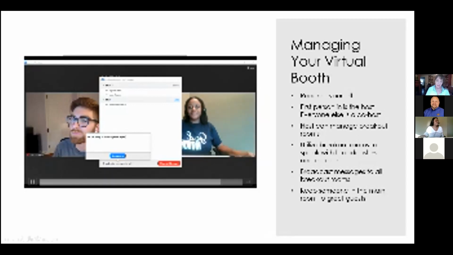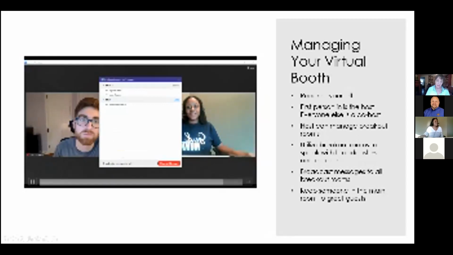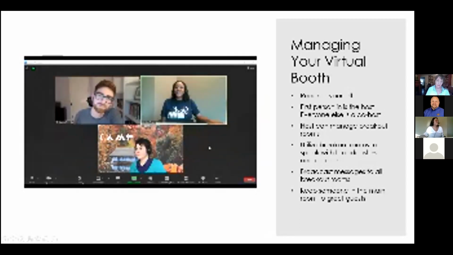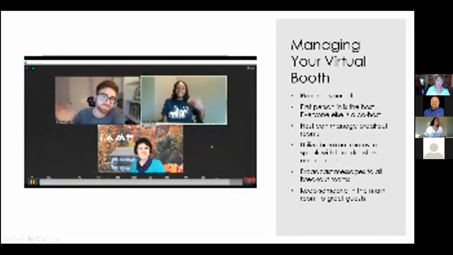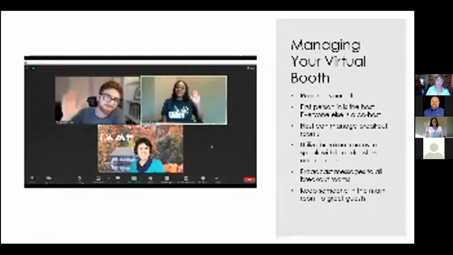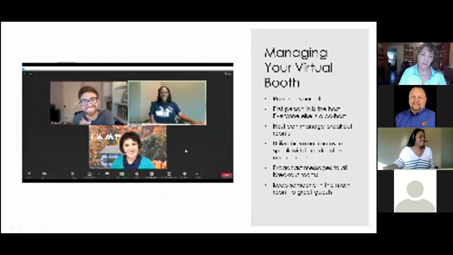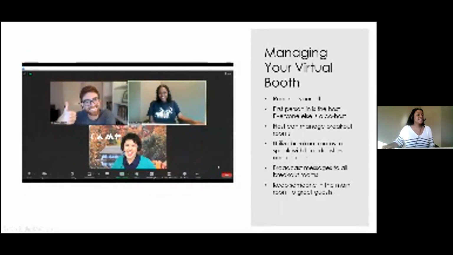Whenever you're ready to call everybody back into the main room, you can broadcast a message so that everybody knows that they're about to return to the main room. That action occurs by clicking the Close All Breakout Rooms feature. So everybody's breakout room is closed and they're forced to be back in the main room all over again. So that is the breakout room management feature of being able to